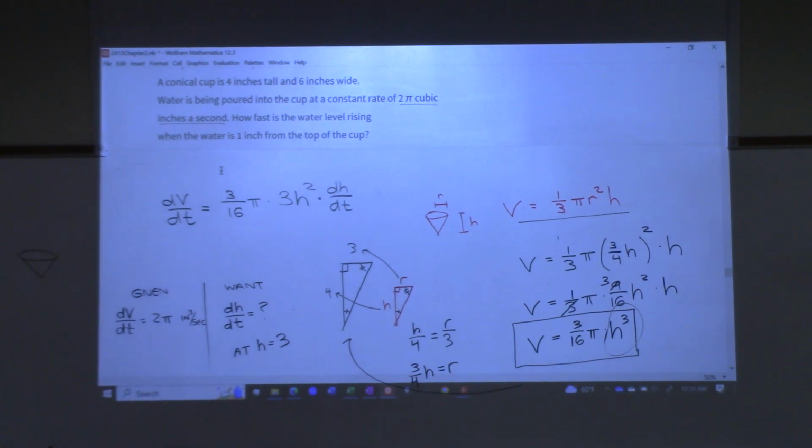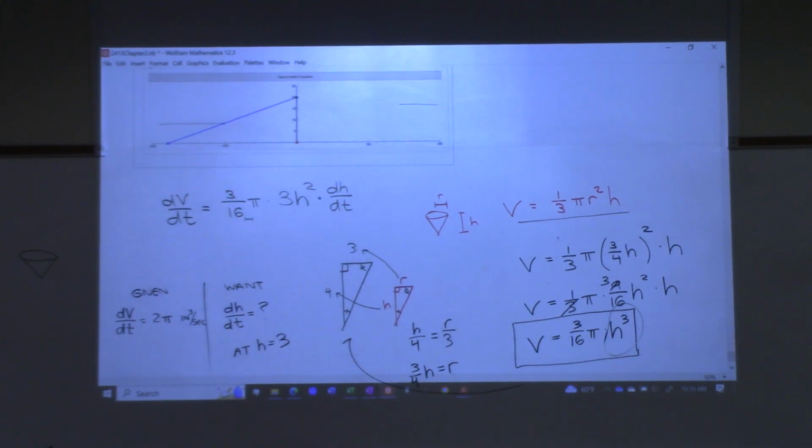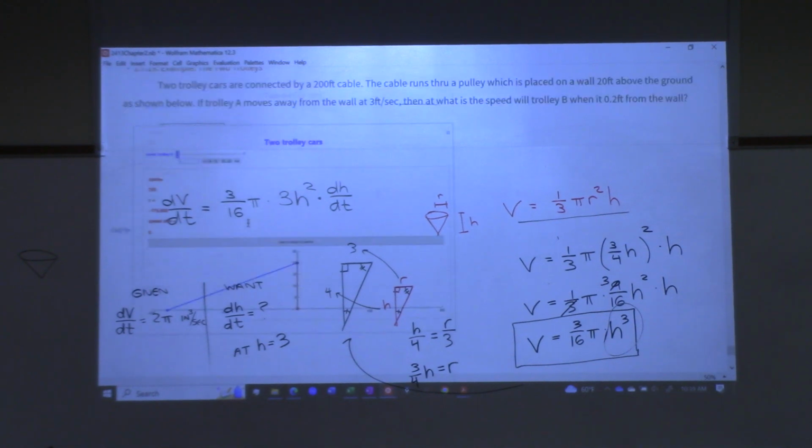We move on after this into stuff that I'm sure you'll be welcoming with open arms because it won't be word problems anymore. But I highly encourage you to